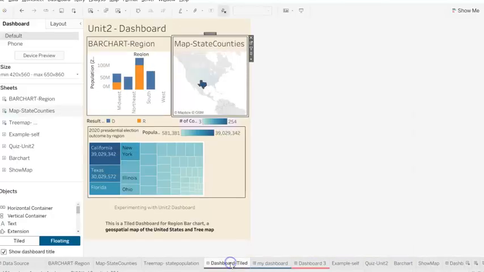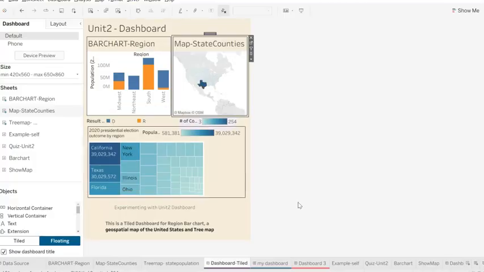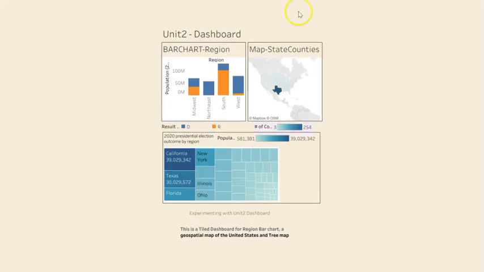The next one is my dashboard, the first dashboard in the presentation mode. And if you see, all three of them are represented over here. But this is a static visualization. If I want to filter based on, let's say, just one particular state, the other two are not updated dynamically. And to address that,